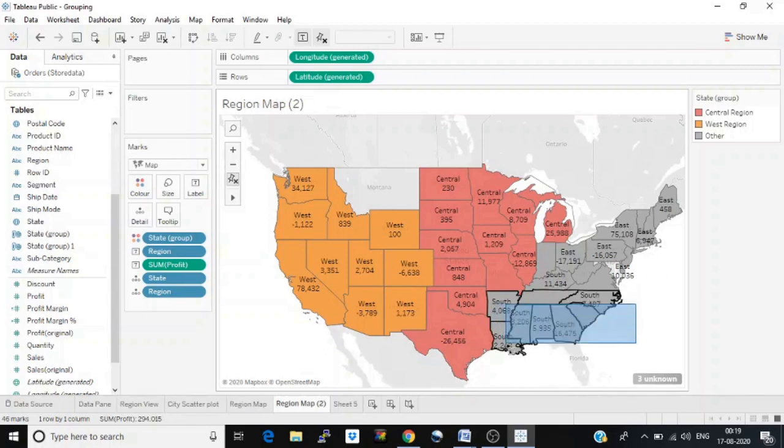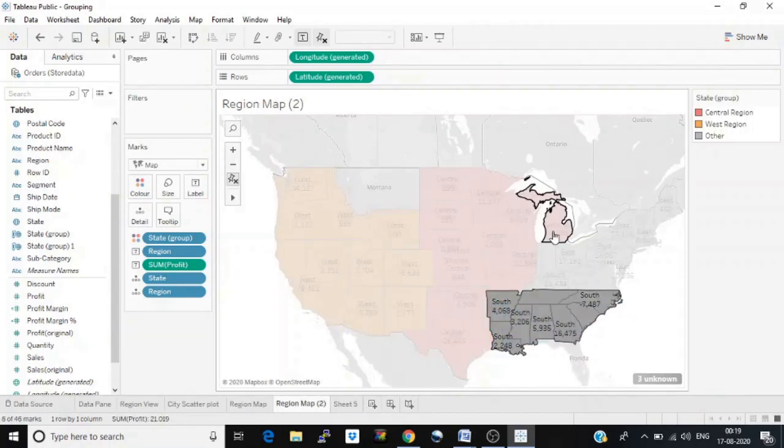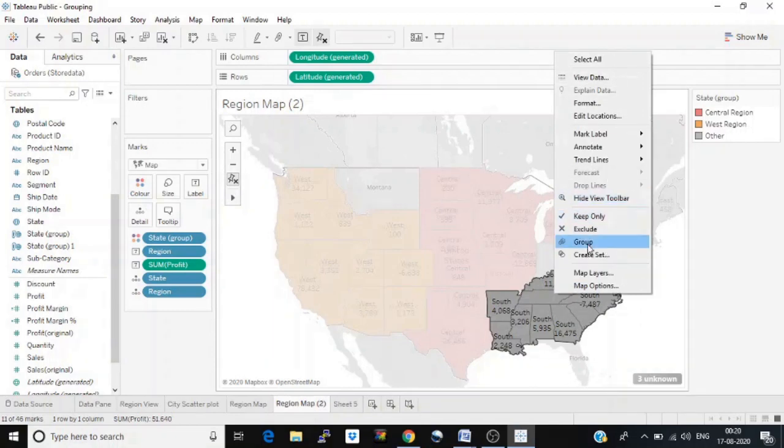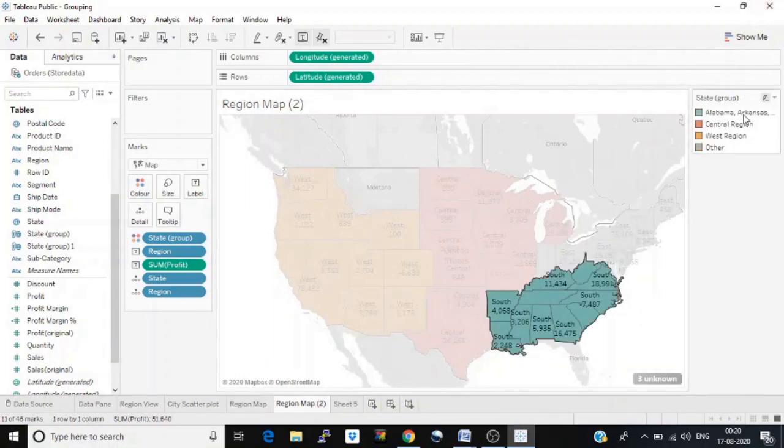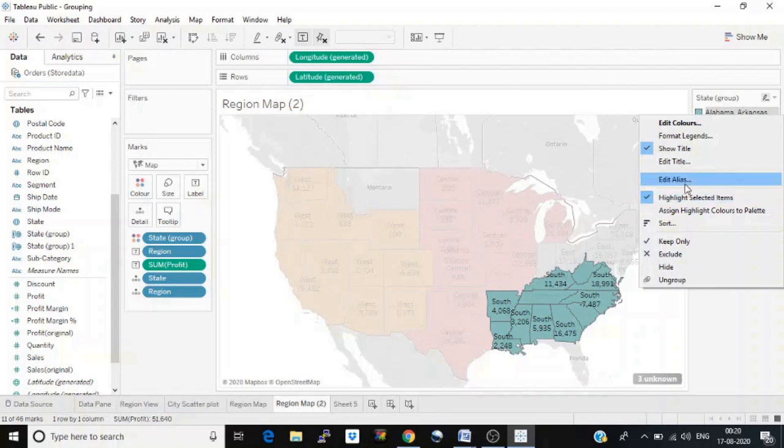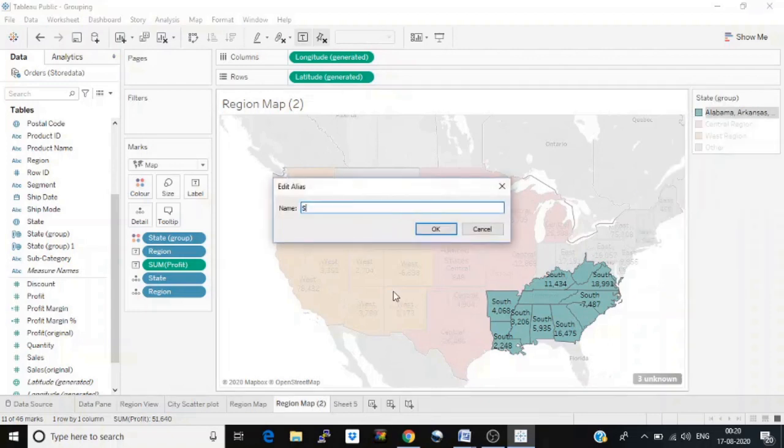Select all the south states and group it and mark it into South region.